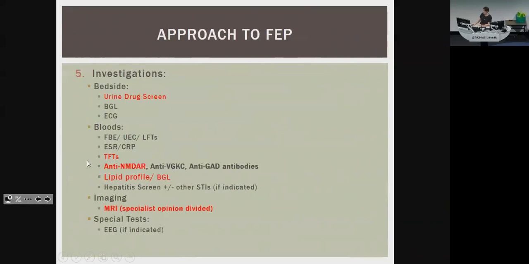Yeah, this is a very topical thing at the moment. They're finding that something like 5 to 10% of patients with treatment-resistant schizophrenia, so that is people who need clozapine, 5 to 10% of them don't actually have schizophrenia. They have this condition called anti-NMDA receptor encephalitis. Ridiculous. So say anti-NMDA, order lipid profile and blood glucose, and